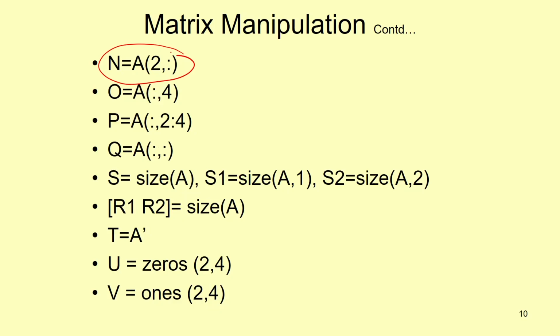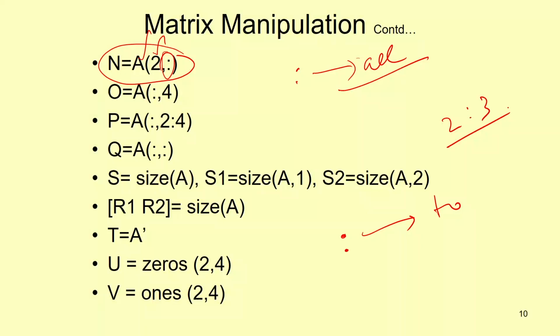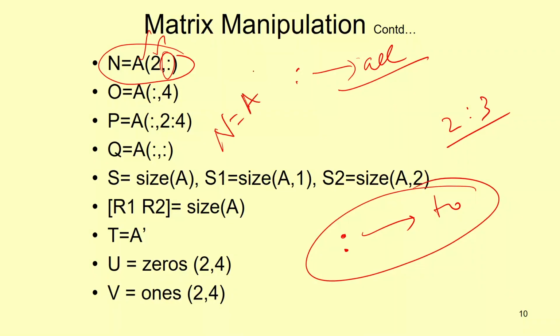Likewise there are so many commands. Say for example, I want to take a matrix with all the second row elements. This colon signifies all. So you should remember the meaning of colon in MATLAB. In one way it is used as a starting column number to ending column number, or starting row number to ending row number. If I put the colon individually, it signifies all. So N equal to A of 2 comma colon means from the A matrix you take the second row and all column elements. Likewise, you take the